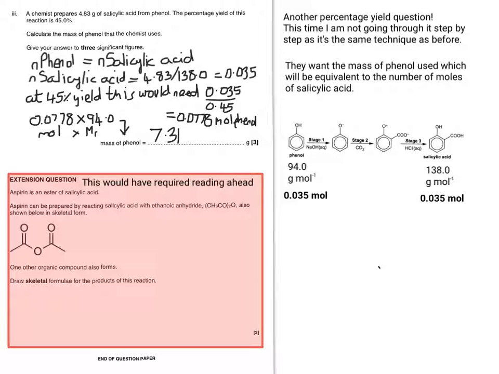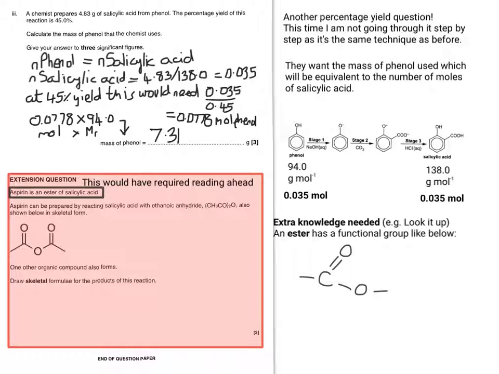So this final bit was an extension question, but I'll just go through it really briefly with you. So it introduces ethanoic anhydride, which at the point at which this homework was set, you wouldn't have come across, but we'll do acid anhydrides later on in the second year. So it shows you what ethanoic anhydride is in skeletal form, and it tells you that aspirin can be prepared by reacting salicylic acid with ethanoic anhydride. So this was an optional question. I did say in the homework that you didn't have to do it, but if you did want to do it, to push yourself a bit beyond where you are right now, you would have needed to have gone and